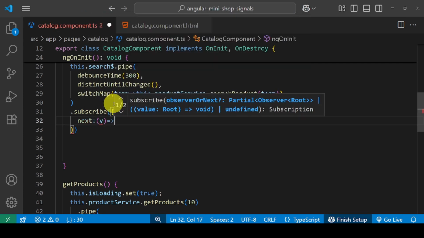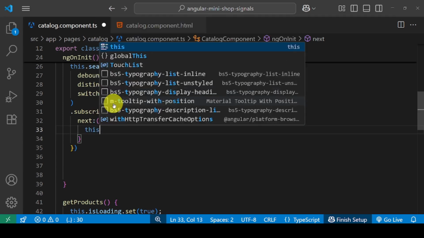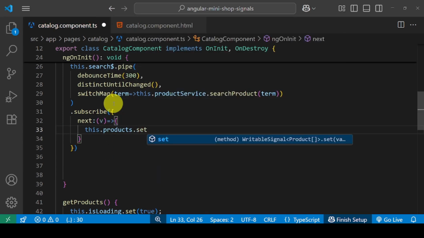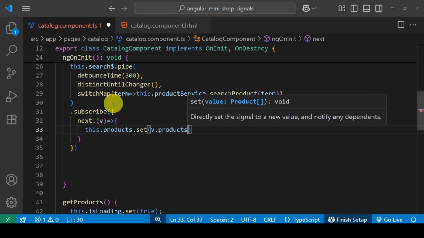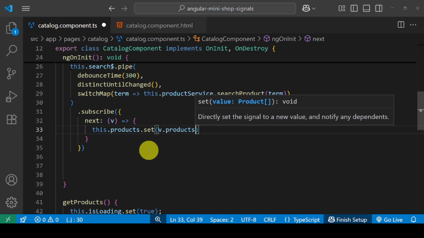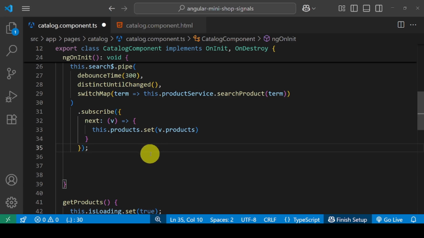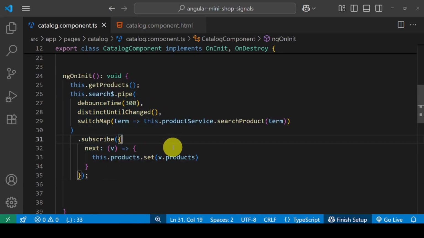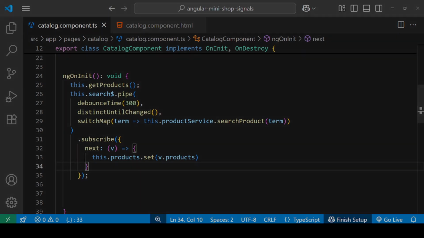Then I subscribe to the result. In the next callback, I take the response, which contains the list of products, and update my signal or state with this.products.set. That way, the UI always shows the most recent search results.